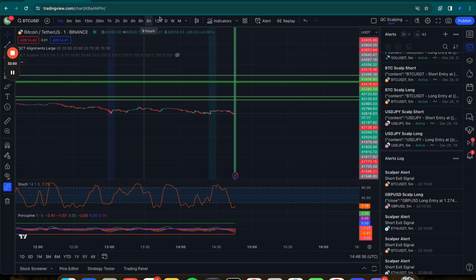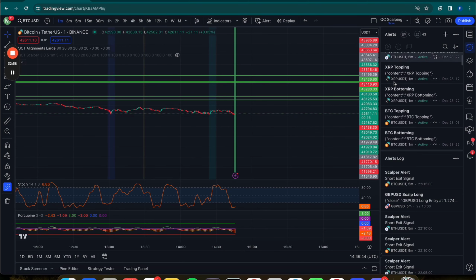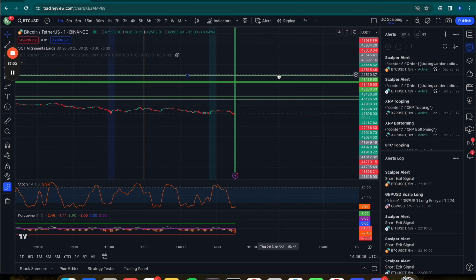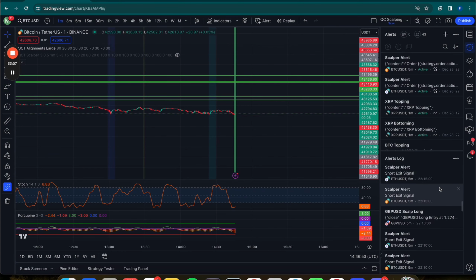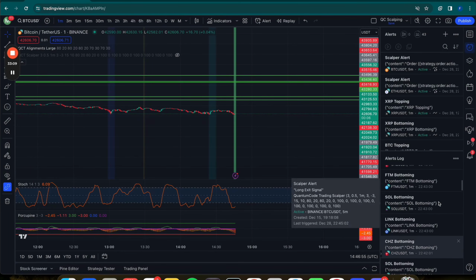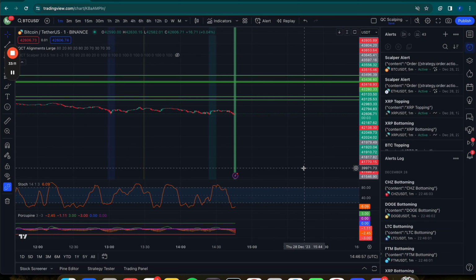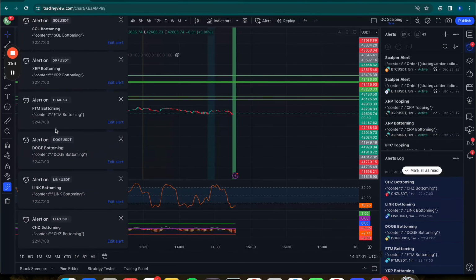So how about we map the overlays and the indicators on a bunch of other coins? And that's what we have here. These are all signals that are set up for other coins. So when are my favorite trades to trade? When Porcupine, some of you, or probably every single one of you, might be annoyed by the amount of signals that come in like this into the Porcupine group, and you've most likely muted it already.